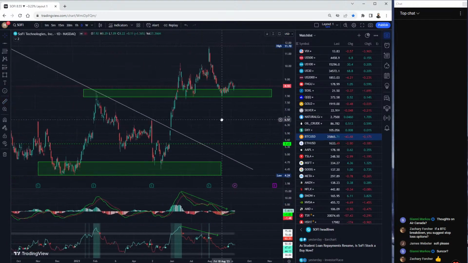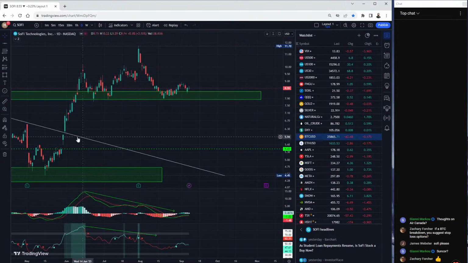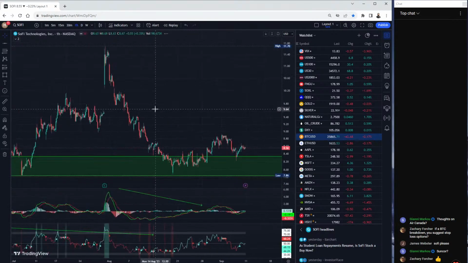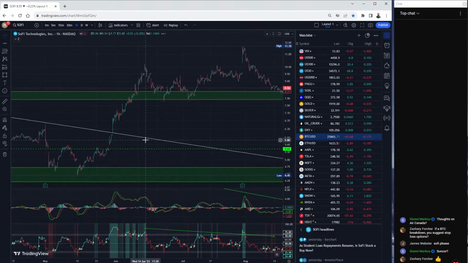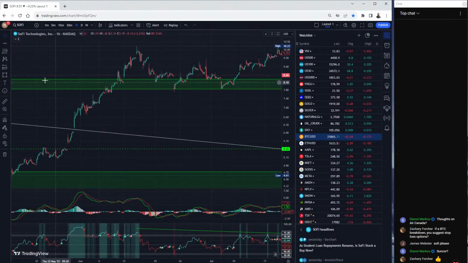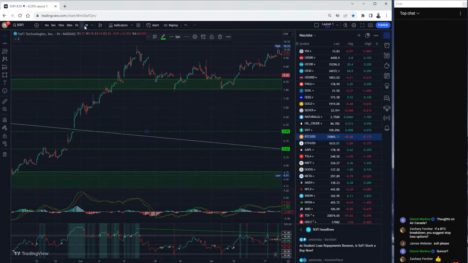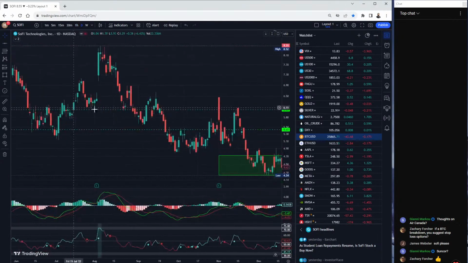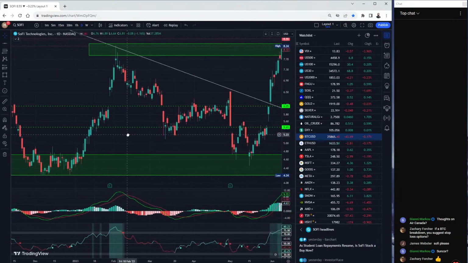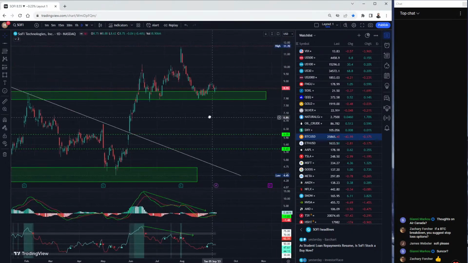Unfortunately, I don't know if you're holding long or not. Actually, there's another gap here. Looks like I missed this gap, so let me try to get that gap. Okay, this gap here, I missed this gap too. So this is another gap here. All right, so looks like there are a few gaps open on Sofi on the way up, and there